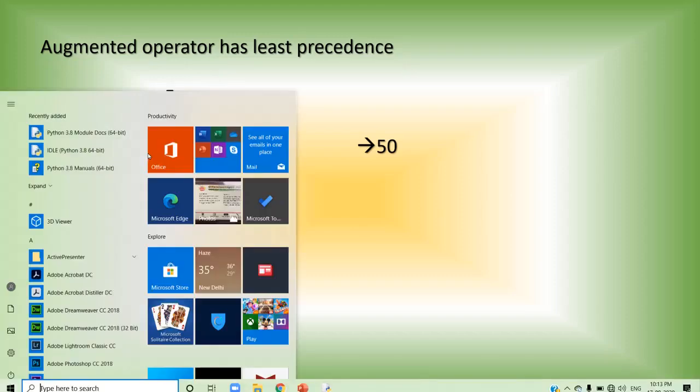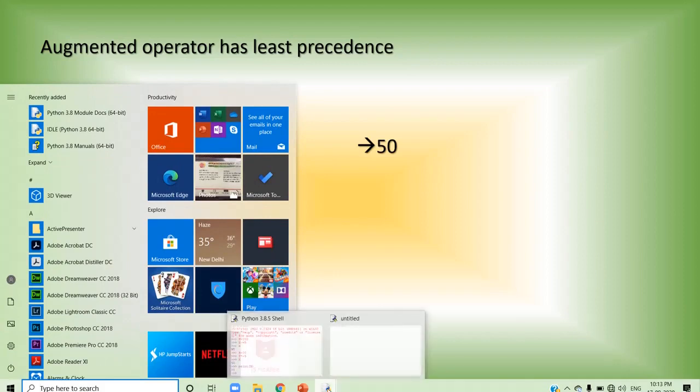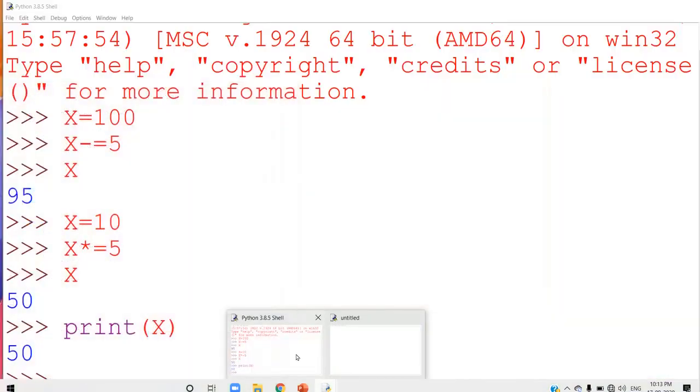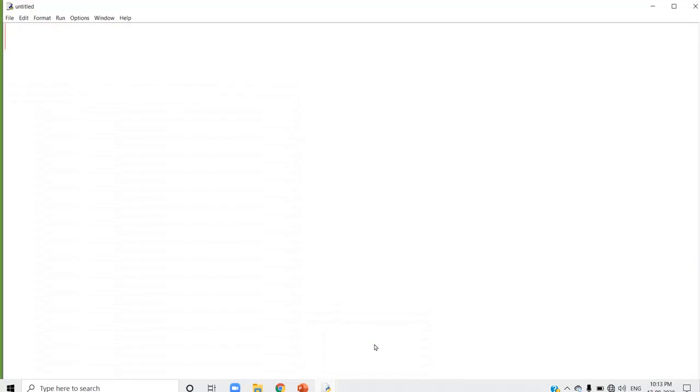I will run that program here in Python. In script mode, I write x = 10. Next I write x *= x + 5. Can you say what this is the same as? This x is a small letter, not a capital letter, because I used small letter x, which has the value 10.